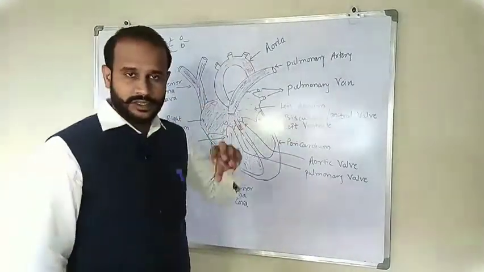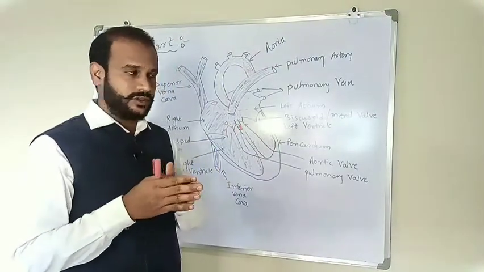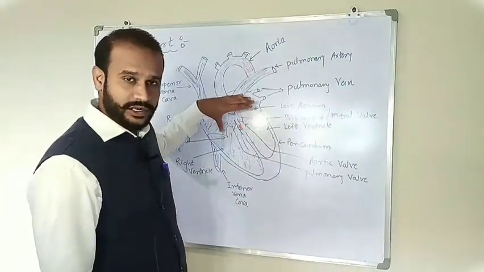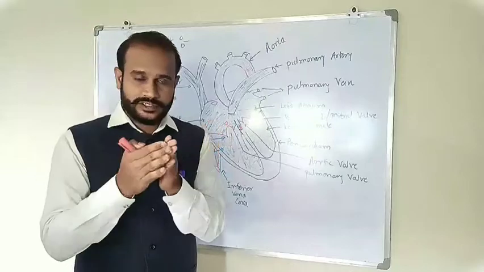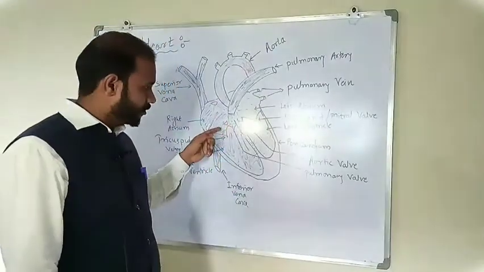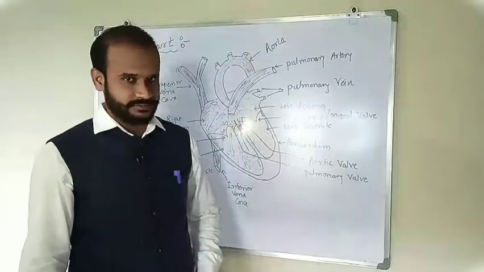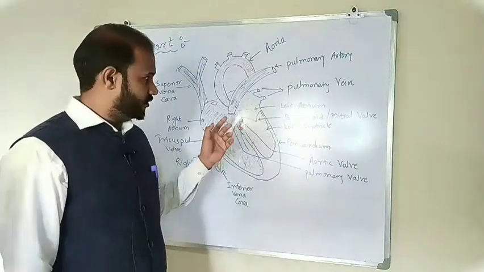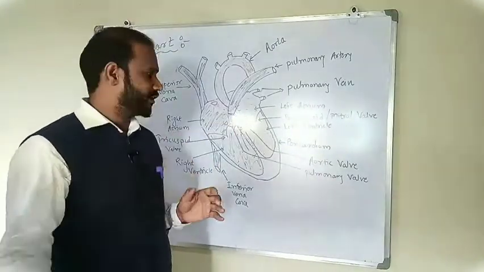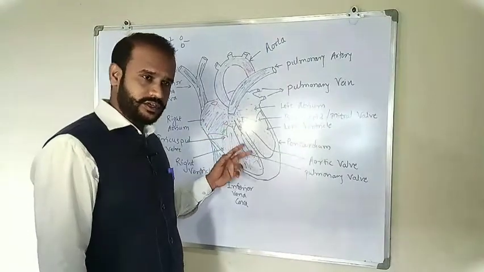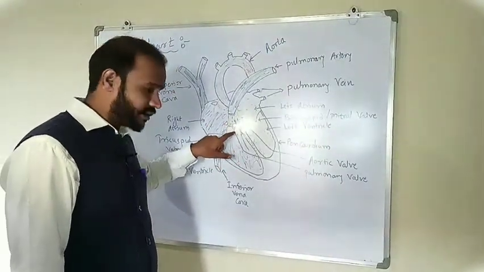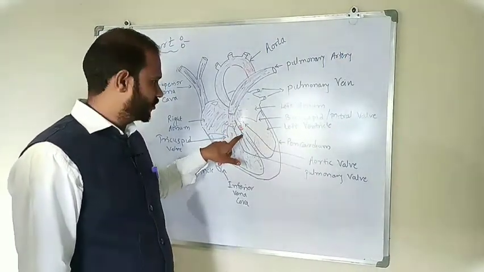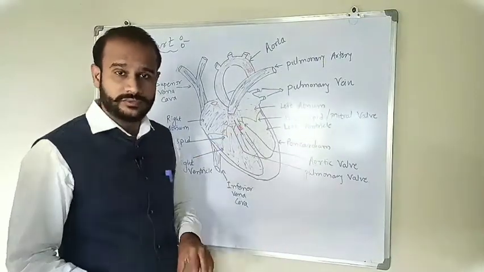Whenever the right atrium gets full, almost 70%, at that time the SA node generates an impulse. The SA node contracts both the left and right atrium. That's why the contraction of the atrium takes place and blood flows from the right atrium to the right ventricle. Who is responsible? The SA node is responsible for the generation of that contraction of the atrium. So blood is transferred from the right atrium to the right ventricle. See, there is another valve between this valve and the septum. Which one is it? That is the pulmonary valve.